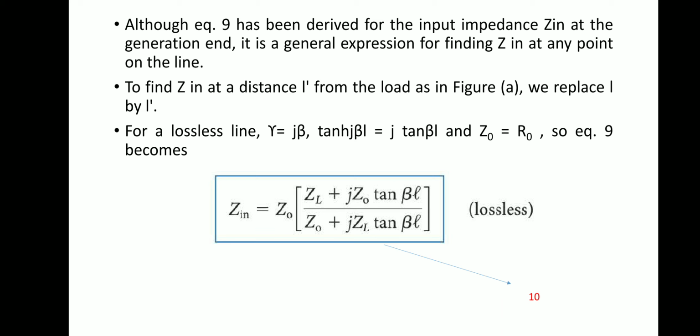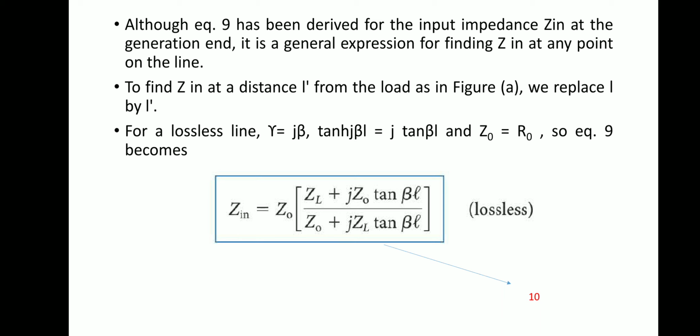So from the numerator you will get Z0 into ZL into 1 plus j Z0 tan beta L by ZL, divided by, from the denominator also taking ZL outside, ZL into Z0 by ZL plus j tan beta L. So if you apply the limit as ZL tends to infinity,